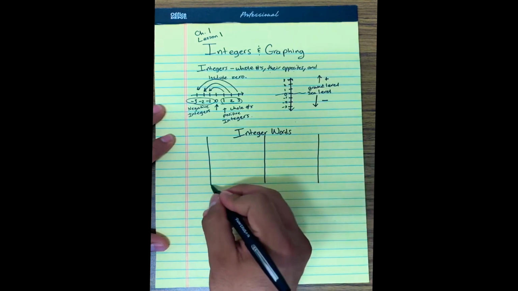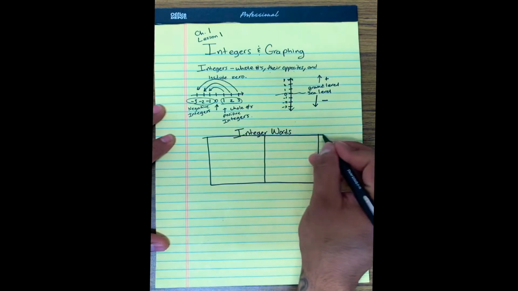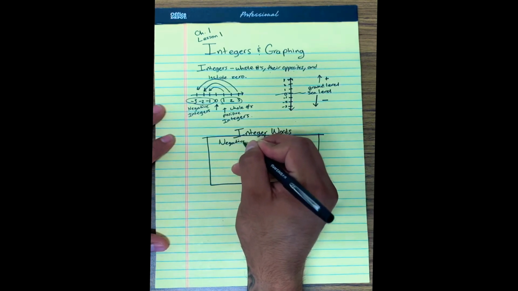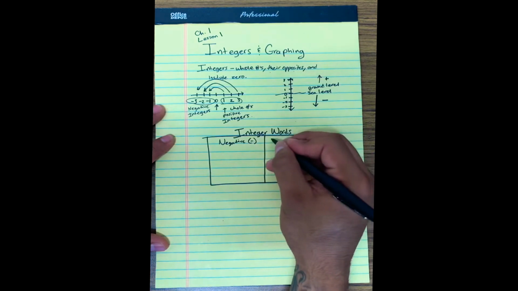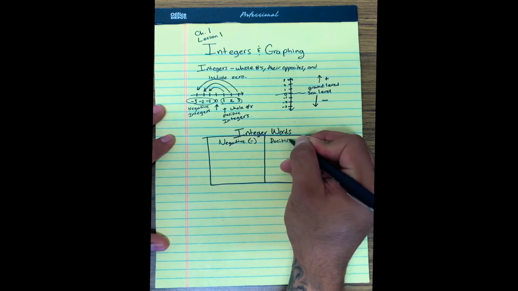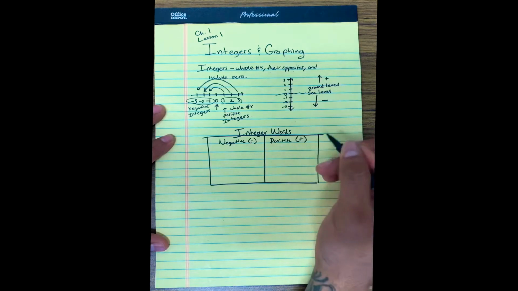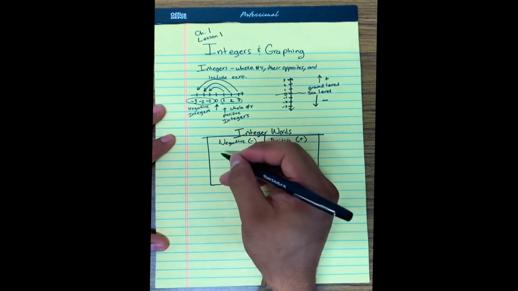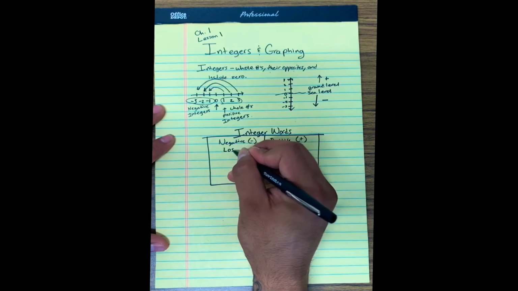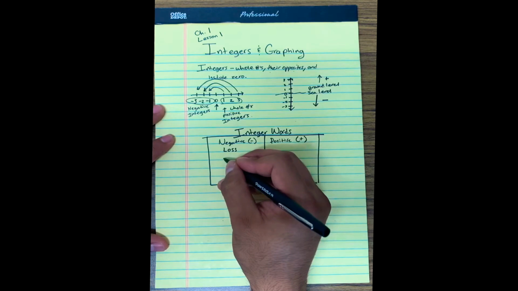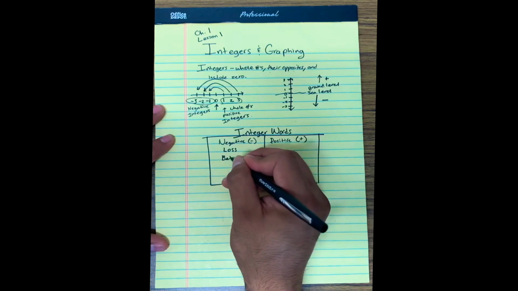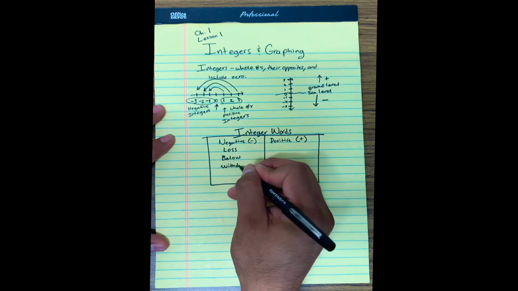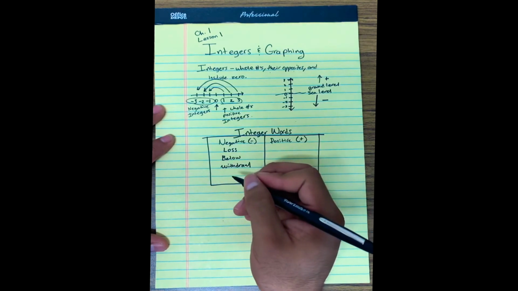So right now, what I want you to start thinking about is integer words. Words that might represent negative integers and words that might represent positive integers. So a negative word that can represent a negative integer is a word like loss, below, withdraw,